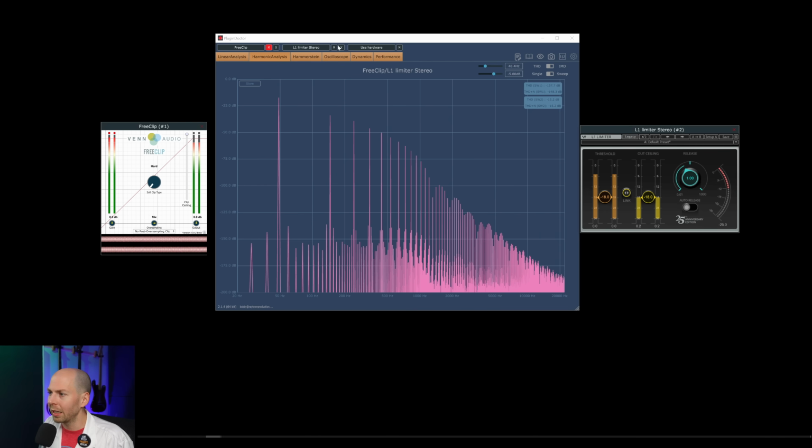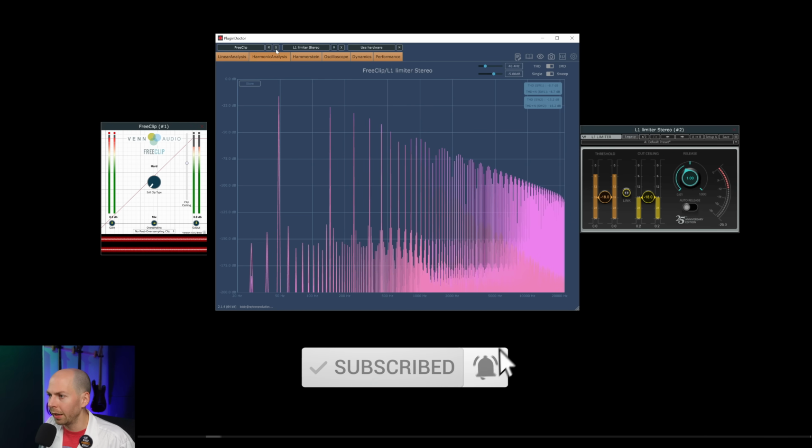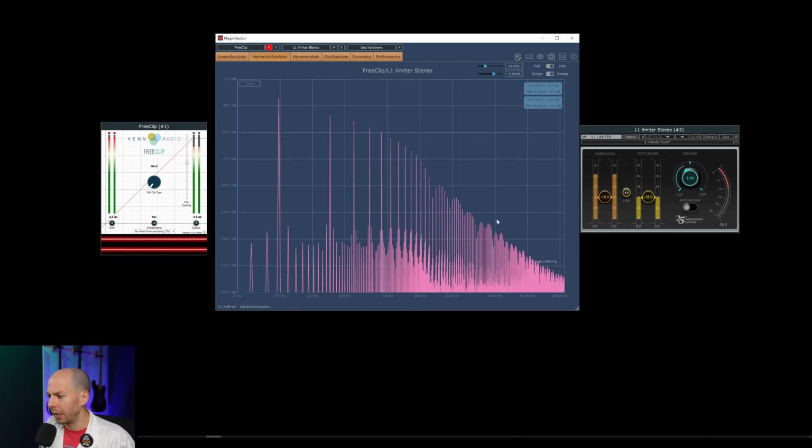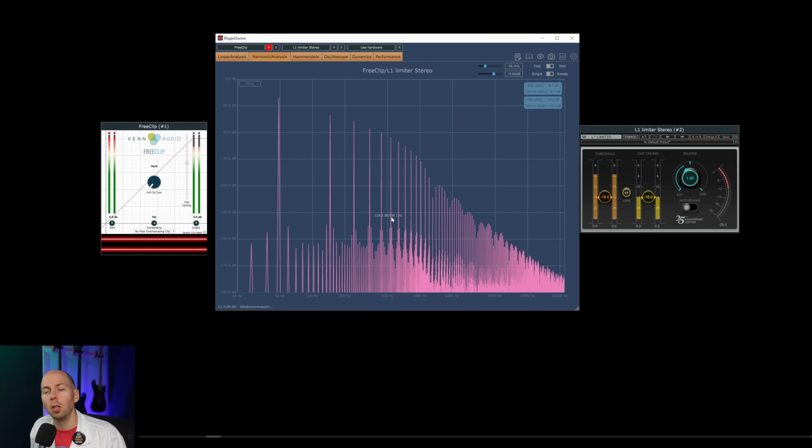If we were to use a clipper instead, you can see that there's a lot more of these harmonics. If we bring in the limiter, it looks like this. So we get a lot less high frequency distortion with the limiter, compared to the clipper that has a lot of everything going on. I want to make one final point. Really broad generalization here: the clipper kind of resembles white noise, whereas a limiter certainly doesn't look like white noise. The clipper tends to add almost a white noise kind of sound when it's doing the most intense clipping of our signal. And I think that has a huge advantage in certain circumstances and a huge disadvantage in others. So let's get into it.